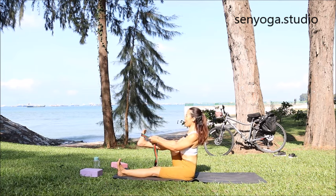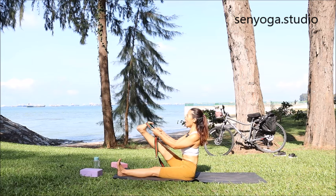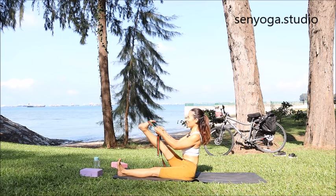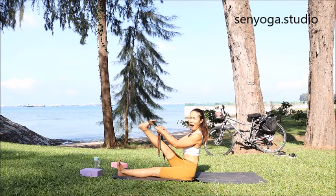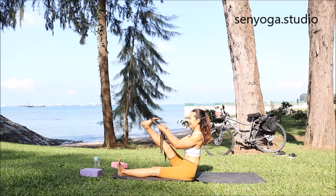So keep your spine long and then flex your ankle, point your heel out and then work out your hamstring first. Nice, yummy stretch here. You just stay here, tuck the chin toward the chest. It's like you're doing a half boat posture. Okay, for 5, 4, 3,